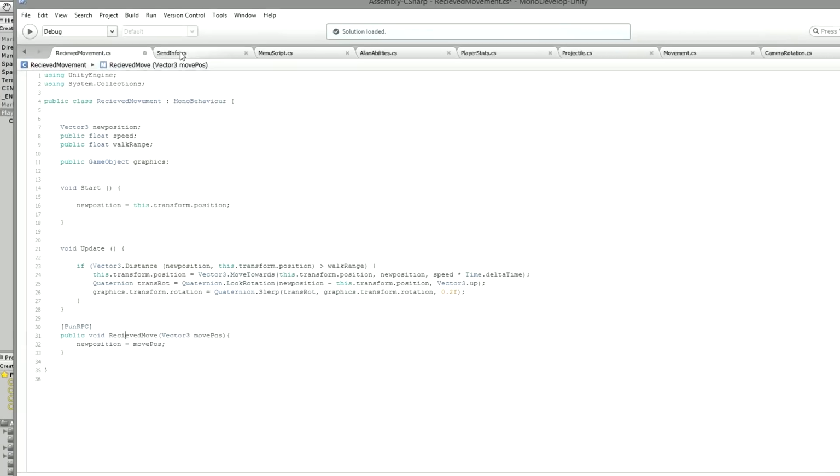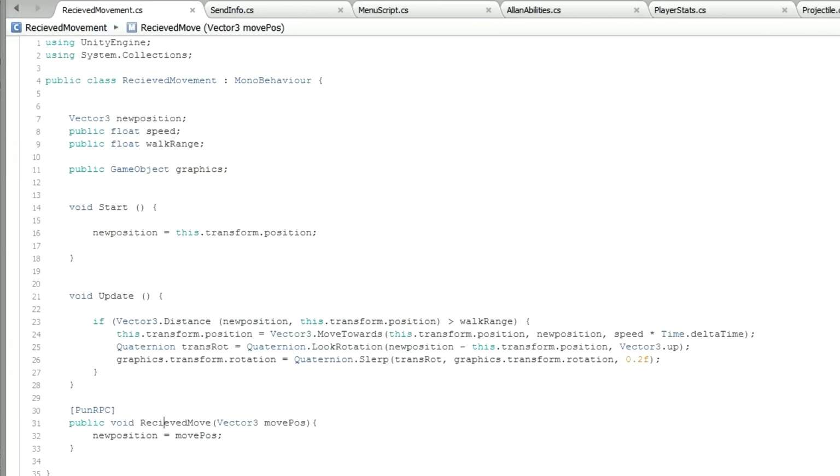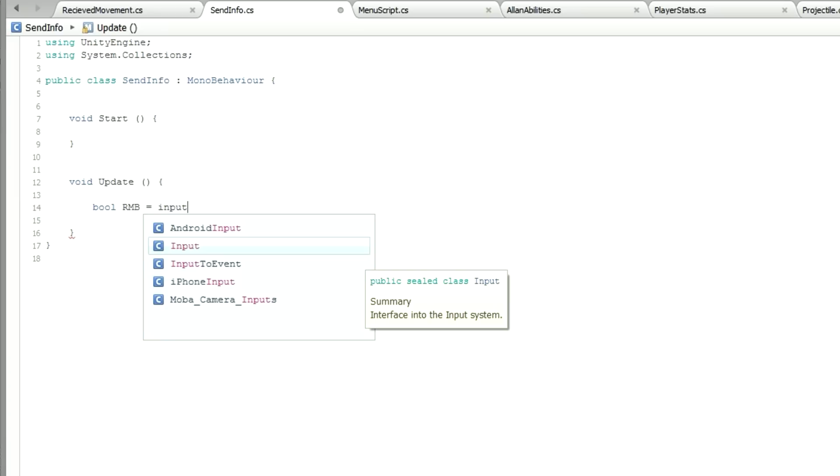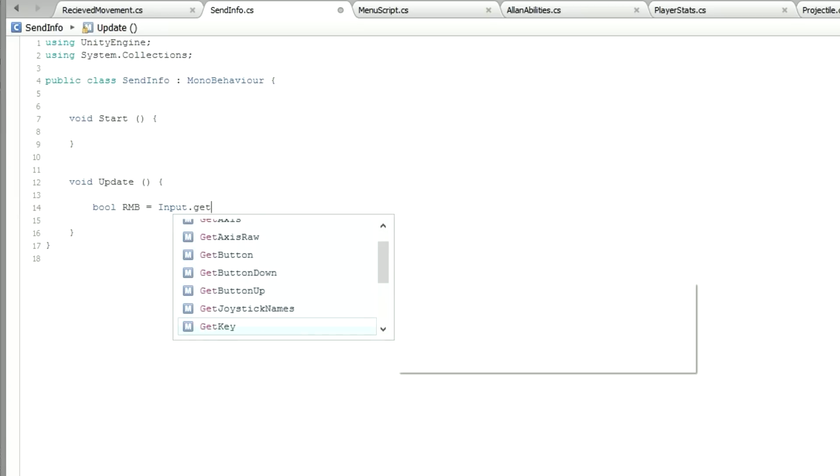Now, we're going to go into send info, because this is clickable. We'll save that first, of course. We don't want to lose it. So if we do go into send info, we are not going to need too much, but this is basically how to get the position that you've clicked to. So within the update function, we are going to create a boolean, which is a true or false statement. Basically, we're going to call it right mouse button. For the right mouse button, we want to make sure that it is the input dot get mouse